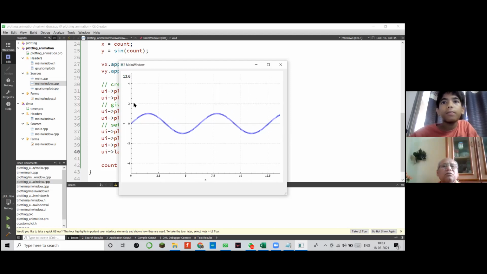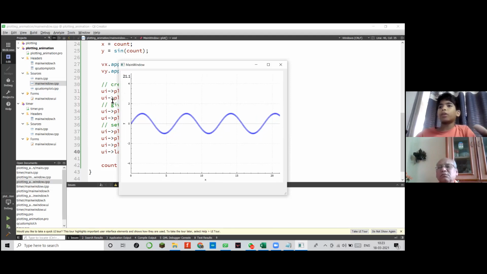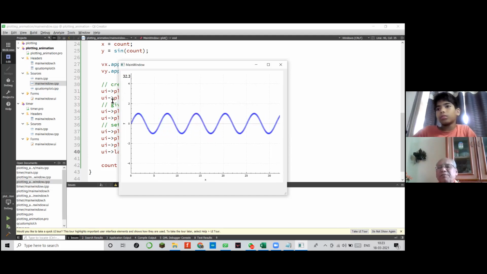Yes. This, sir, is time in seconds. So this is basically the value I'm giving for time. This keeps increasing. No, there is a function called timestamp.